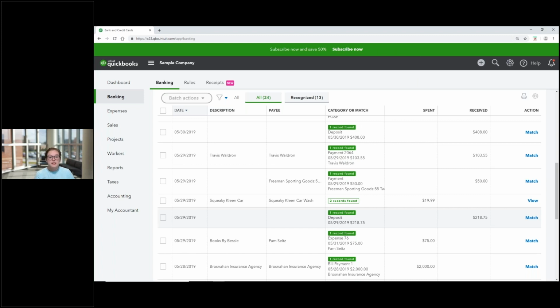Now, this feature is incredibly useful when we're dealing with deposits and checks, because when we enter checks in QuickBooks,